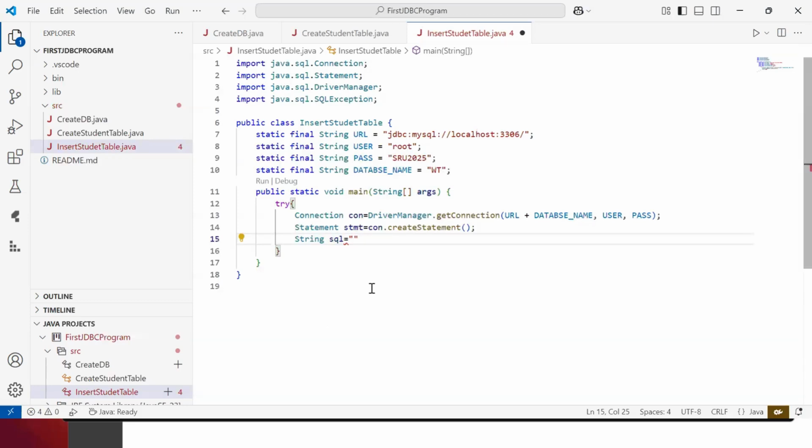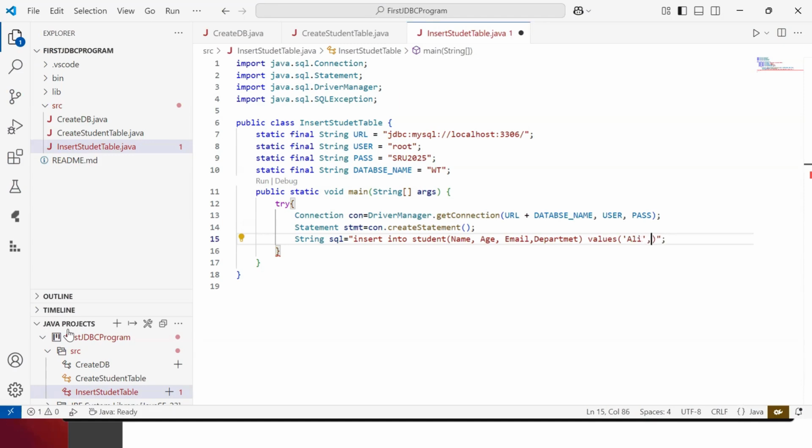So insert into student. Student is the name of the table. So insert into student values. This is the query. Now let us supply what arguments we are passing. Inside the student table, we are having name, comma, age, comma, email, comma, department. Whereas values, for name, which is a character, we give name as Ali,